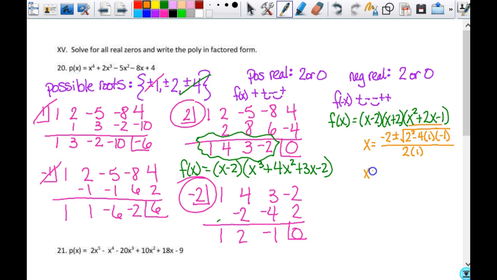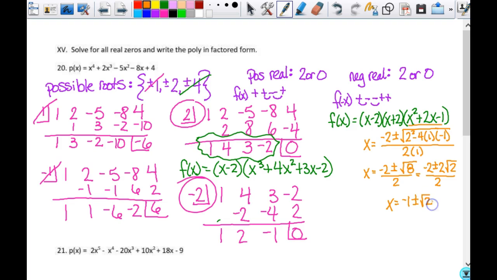So this is going to give me -2 plus or minus, so 2 squared is 4, and then -4 times a -1 is a +4. This is the square root of 8 all over 2. So I can reduce that. The 8 reduces to 2 square root of 2, so -2 plus or minus 2 square root of 2 all over 2. I can reduce all of that, so I get that x equals -1 plus or minus the square